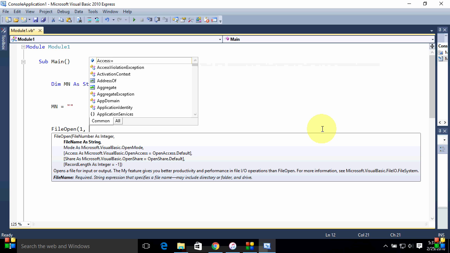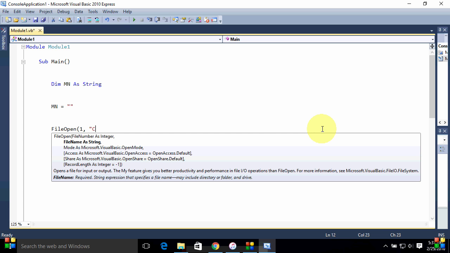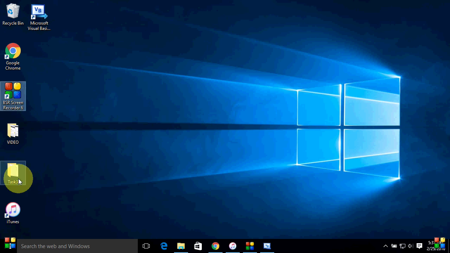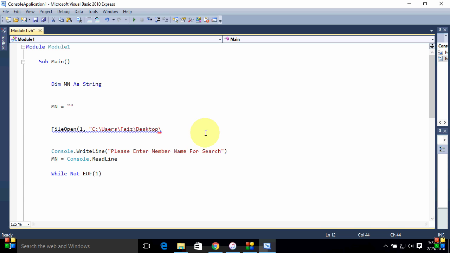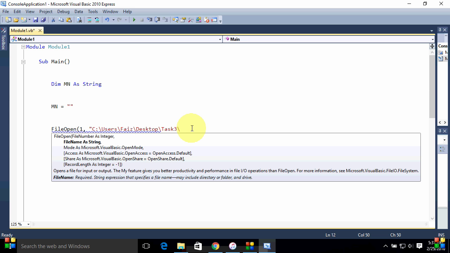My file was stored in C:\, users / my username / desktop / task3 / task3 / and the name of the file was clubdata.txt. Then I'm going to close this double quotation, and then I'm going to add a comma, and then I'm